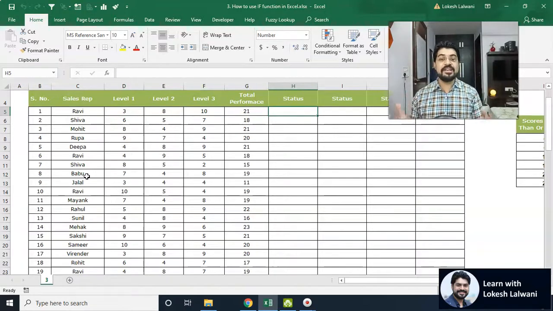Now, what is an if function? If is all about either this or that. Yes, no, true, false, qualified, disqualified, pass, fail. All these are if conditions. So suppose if I toss a coin and I choose heads, if heads comes, I'll win. If it doesn't, then I'll lose. So this is an if condition, right? So we have three things in an if condition: logical test, value if true, value if false. It means the condition, if that condition is true, what I want Excel to show; if that condition is false, what I want Excel to show, right?